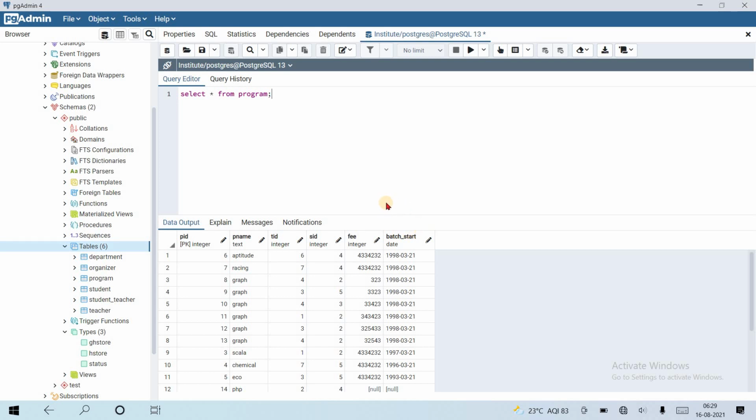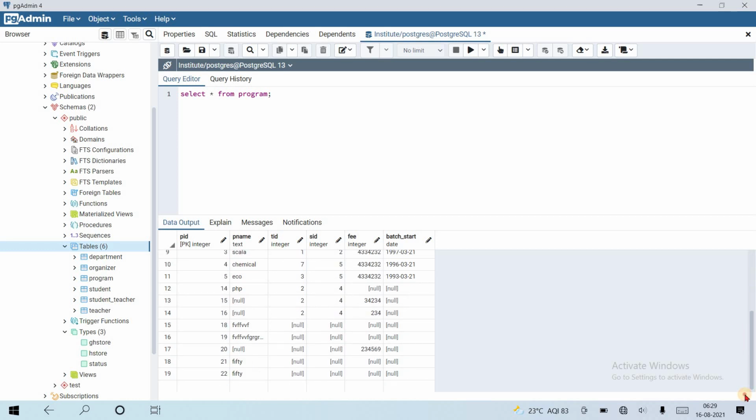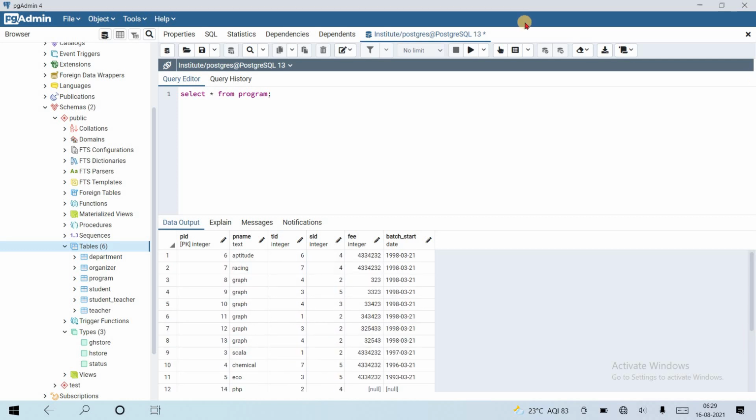We want the count of programs grouped by program name. So how many programs are in our table? Let's see. Here you can see that 19 records are there. If you want to count, what do we need to do?